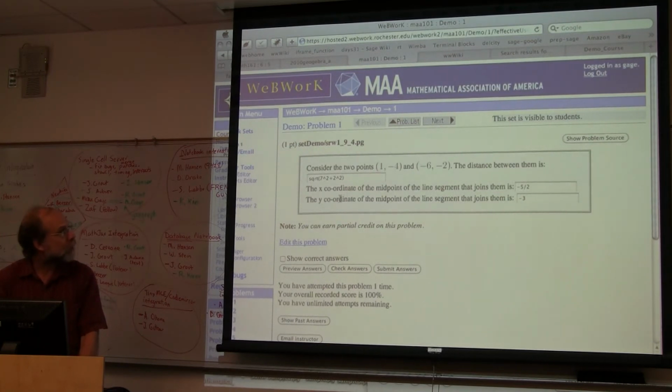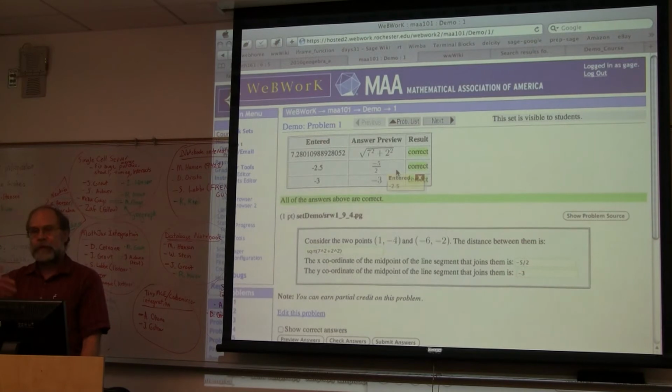Okay. So here's the kind of question you can ask. Just a fairly easy one. You submit answers, and I pre-put the answers in so I wouldn't embarrass myself trying to answer these things in no time. There are some tooltips that allow you to see what was entered. Actually, it doesn't make much difference here, but here you can see the actual number that was entered, or the answer preview and so on.